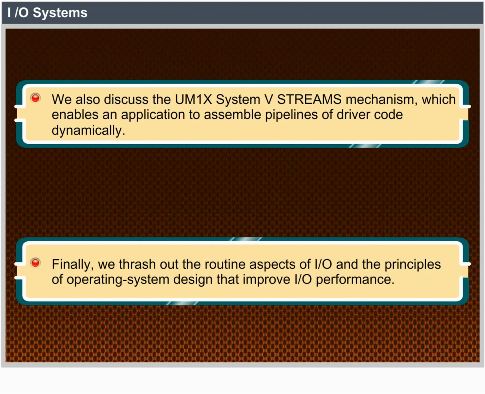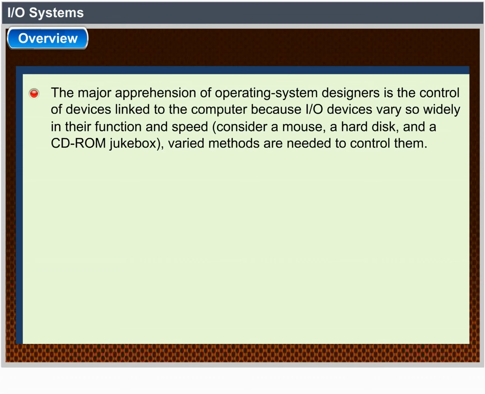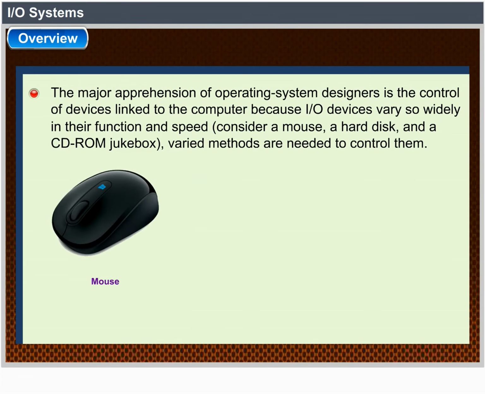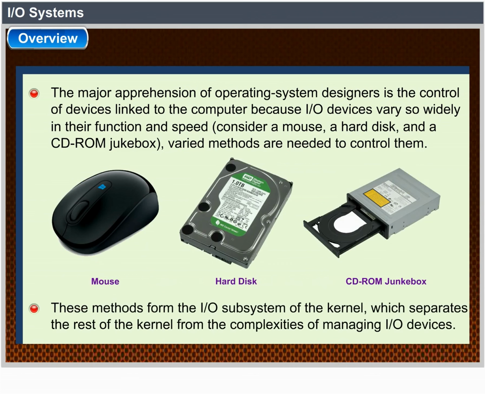Overview. The control of devices connected to the computer is a major concern of operating system designers because input-output devices vary so widely in their function and speed. Consider a mouse, a hard disk, and a CD-ROM jukebox. Varied methods are needed to control them. These methods form the input-output subsystem of the kernel, which separates the rest of the kernel from the complexities of